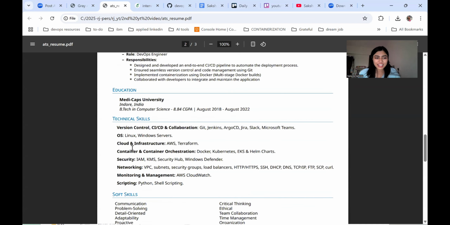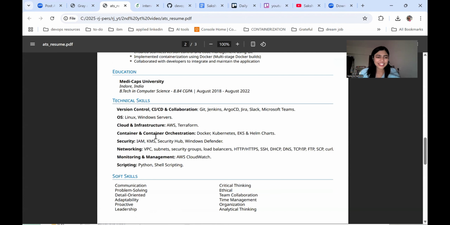And because of that, now comes the technical skills. It may look weird, or you might be thinking why we are putting the technical skills at the bottom. But see, we are following a story. We acquired these skills by all the work that we have included above. As part of all my roles and responsibilities, or all the experience that I have, these are the skills that I have acquired. That's why we are writing the technical skills at the bottom.